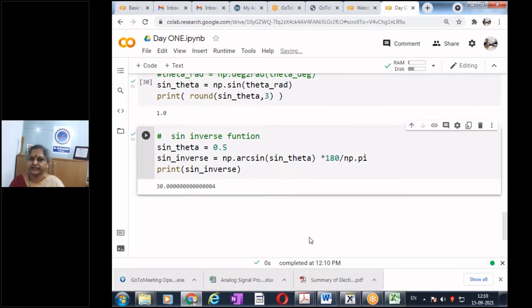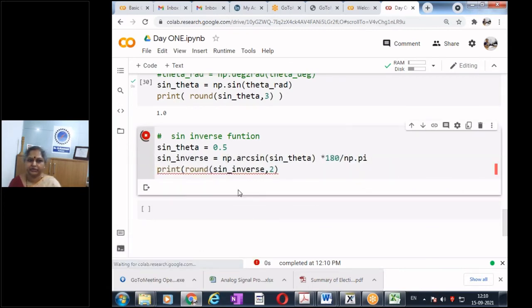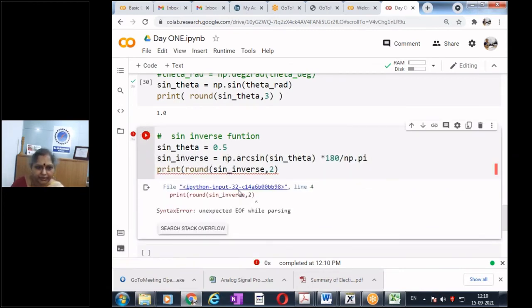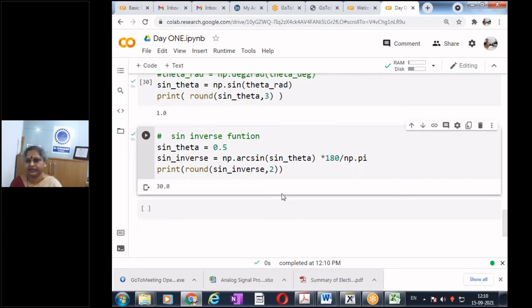So 30 degrees. Once again, say I round my answer to 2 digits after decimal, and yes, I missed out a bracket, and so I get 30 degrees.